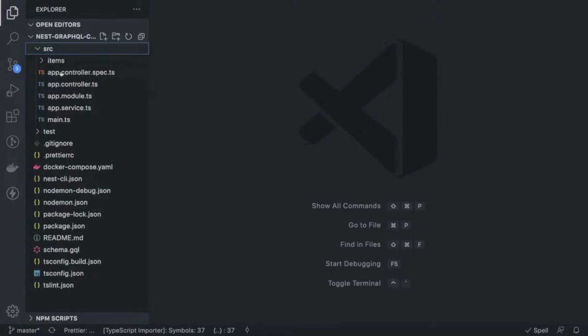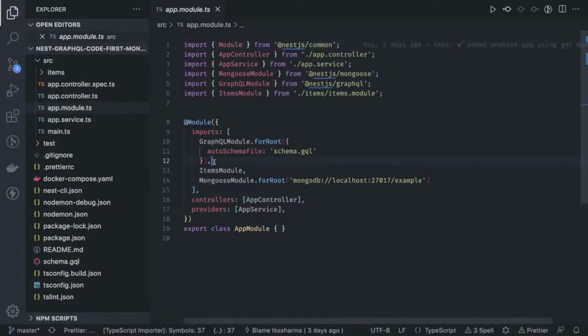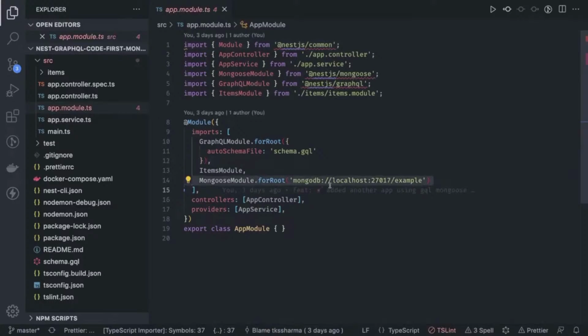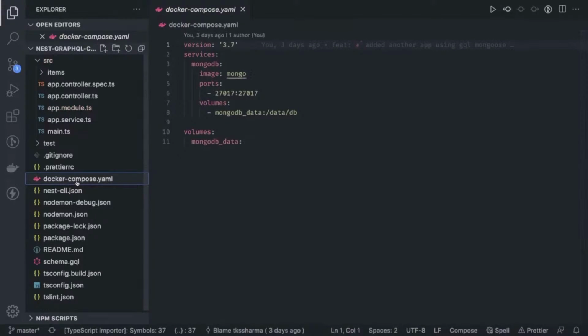So it is a plain and simple example, so I want to walk you through, not like writing the code, because it's not much code we are writing. Here instead of TypeORM module.forRootAsync, we are using Mongoose module.forRoot, and you can pass your database URL. And I already have a docker-compose.yml. You can just do docker compose up, your MongoDB container is up and running, and you can start consuming the